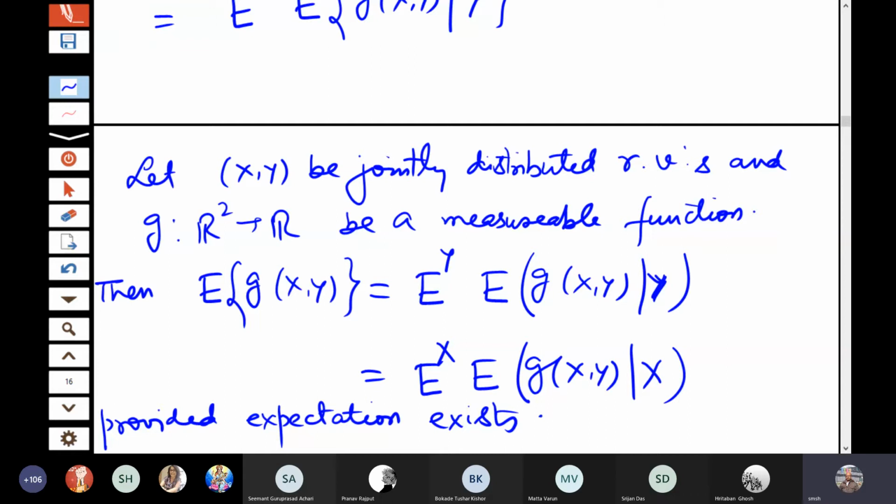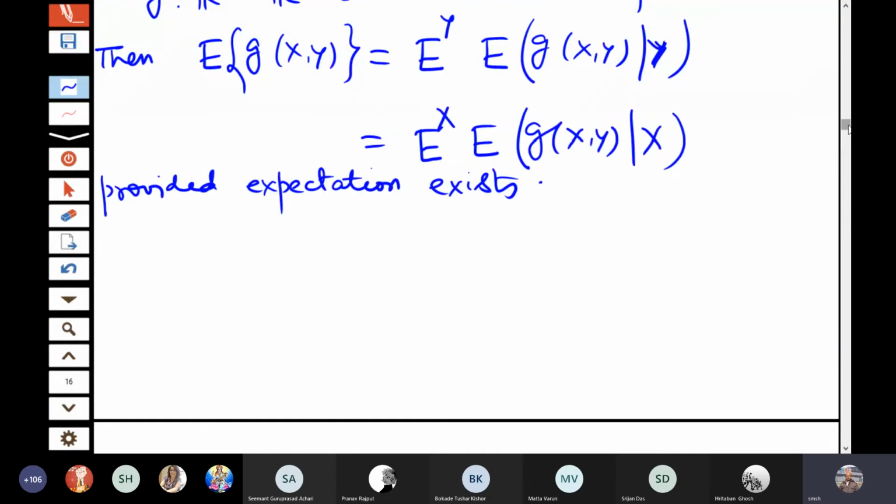Okay, so let us consider here the moments and the product moments of this bivariate normal distribution. Is the screen visible to you? Can you see the screen here? Yes, sir.